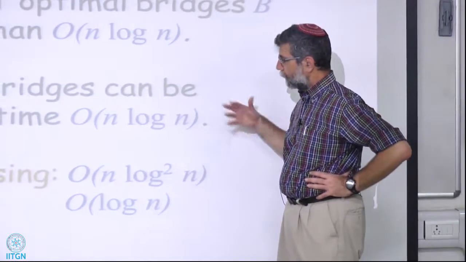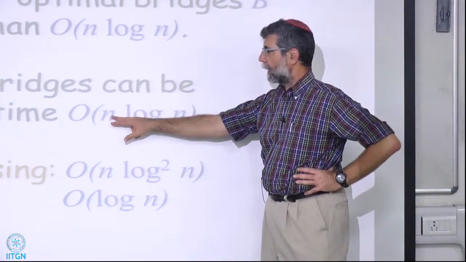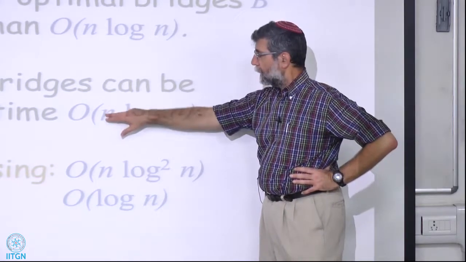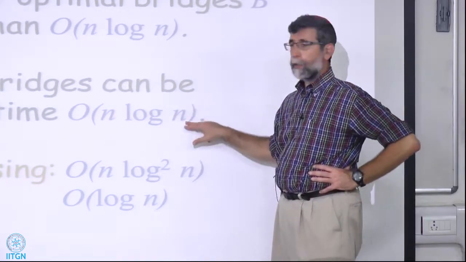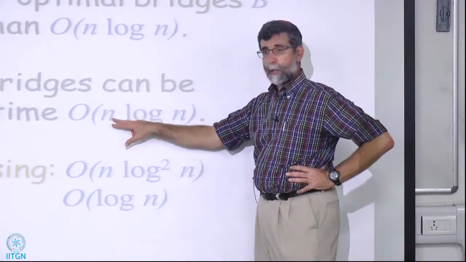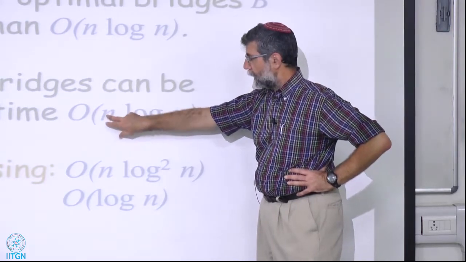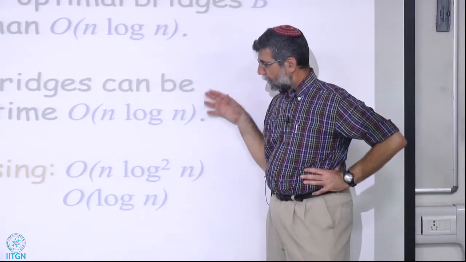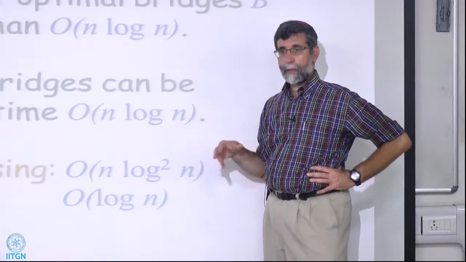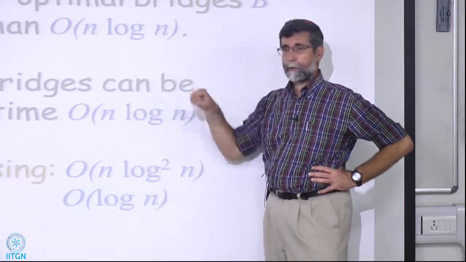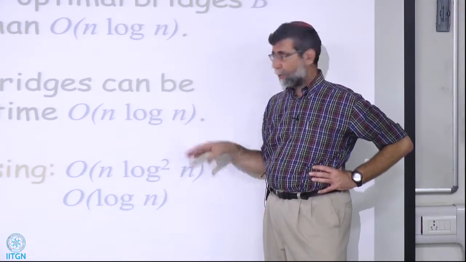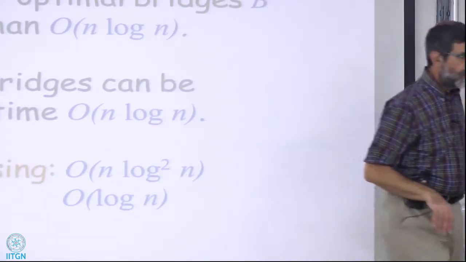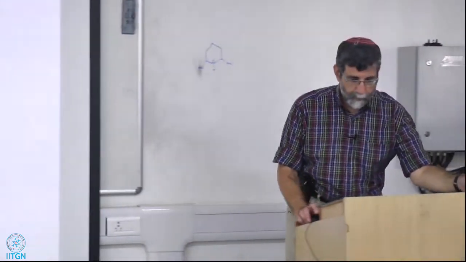So log of n log n, you're right, would be log of n. But here you have n log n. So n log n times log n is n log squared n. Okay, so the time is the number of bridges times log of the number of bridges. But if the number of bridges is n log n, then this is not n, it's n log n. N log n times log n is n log squared n. And there's also this log, but that is a plus, and it gets reabsorbed in the big O. But the log n is there. Okay? Clear? Okay. So let's